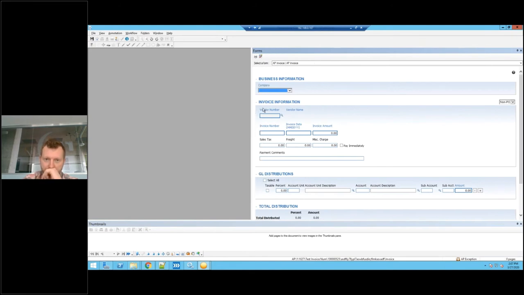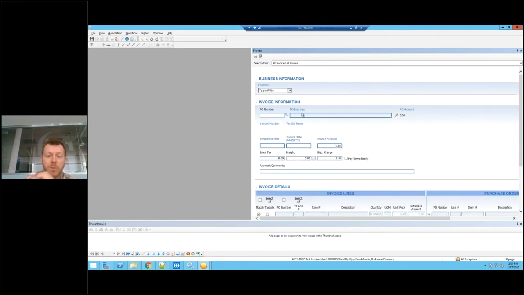So with the eForm, we've basically got our standard things that are pretty much standard across all ERPs and what they require. Which company or business unit are you going to be charging to? And from here, this is typically a drop down as well. Your vendor information, if you have a PO invoice, you can essentially switch the tab over to this. So you can get your PO number driving your vendor information, your invoice number, invoice date, amount are all going to be items